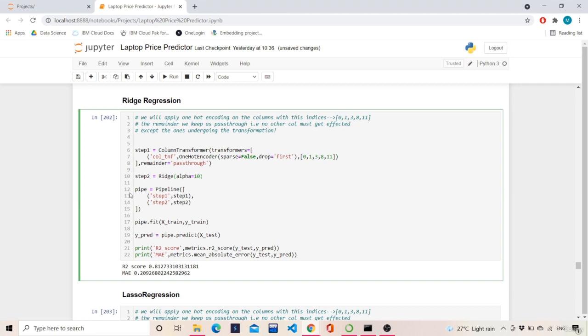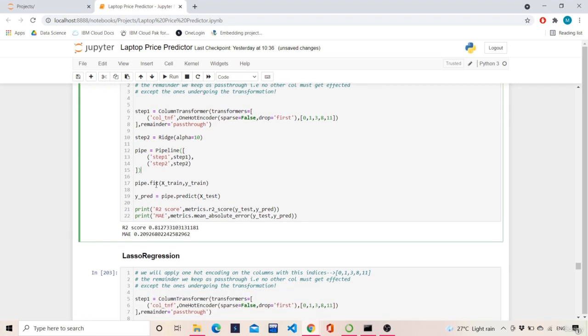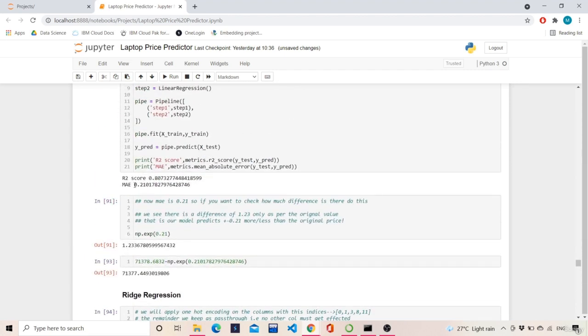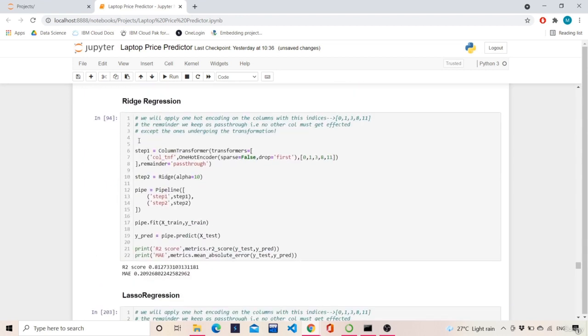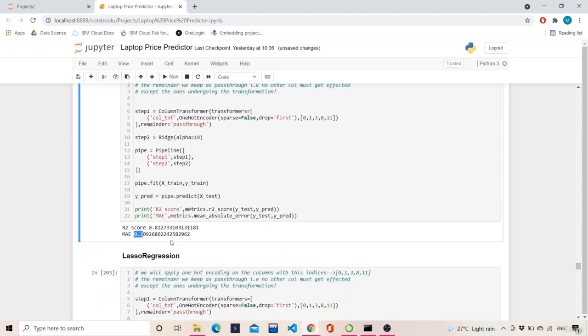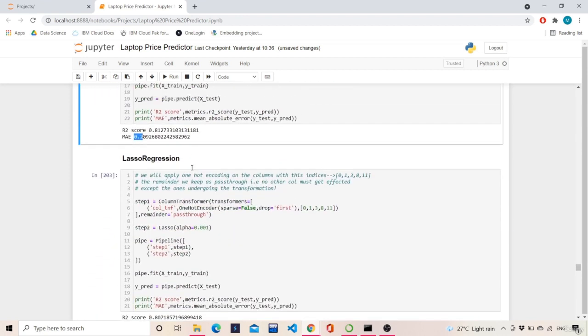So the same thing, pipe is equal to pipeline of step 1 and step 2, and then pipe.fit. If we predict, we get this kind of result. Over here MAE was 0.21, over here MAE became 0.20. There's no significant difference.